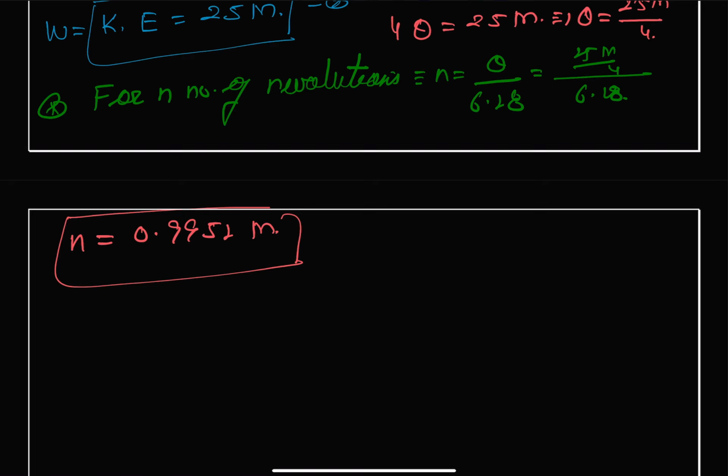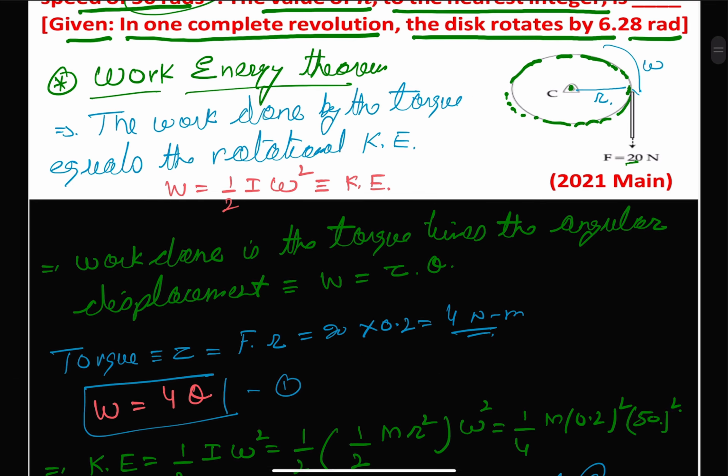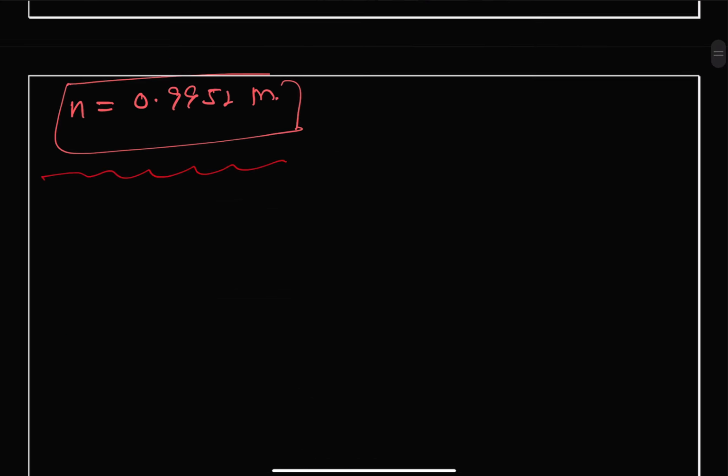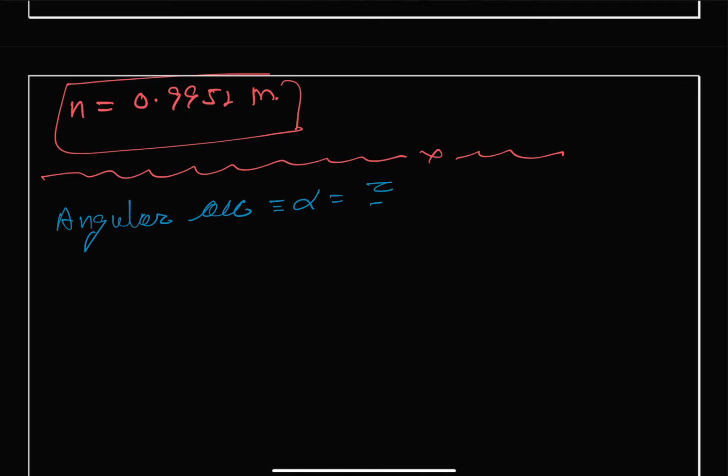Okay. So we need to solve it by using another approach also. For that we are going to use angular acceleration, alpha. I didn't check that mass is not given to us. Okay, let's start with angular acceleration. So we can say our angular acceleration, that is alpha, will be equal to torque upon moment of inertia I, and we are given